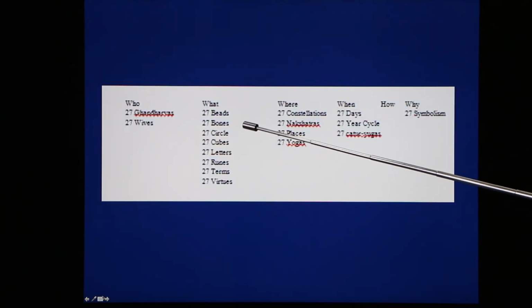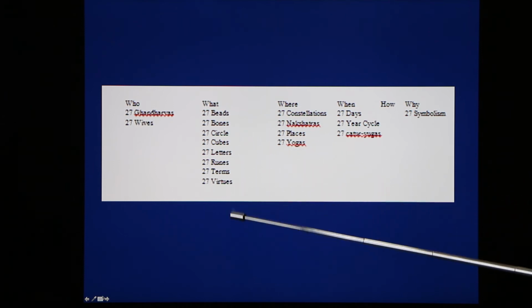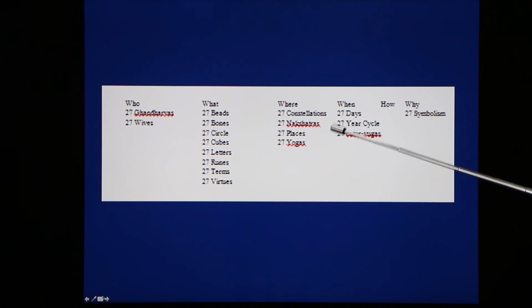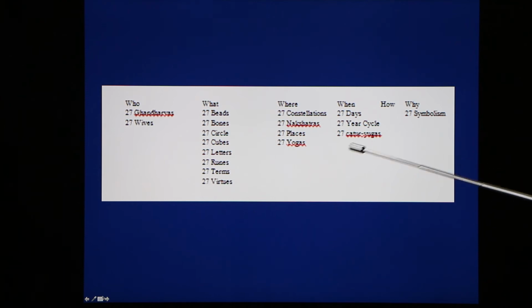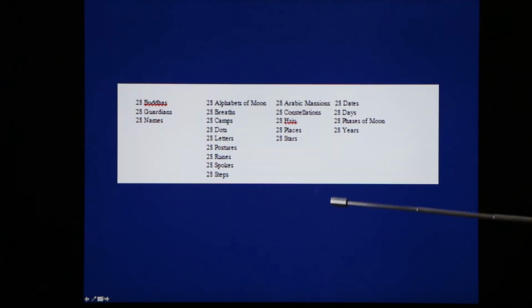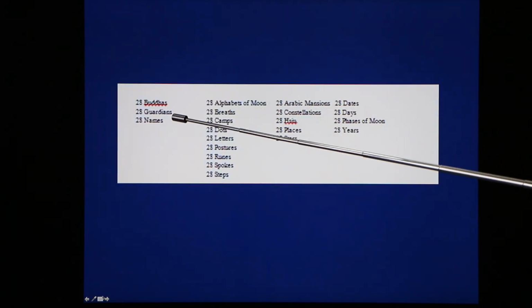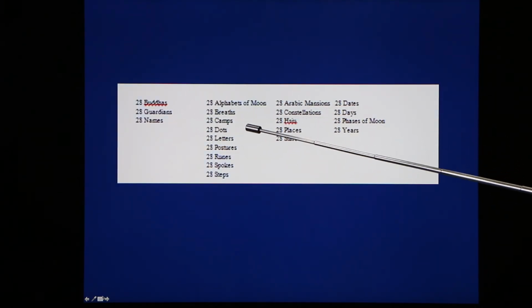Gandharvas, wives, beads, bones, circles, cubes, letters, runes, terms, virtues, constellations, nakshatras, places, yogas, days, 27-year cycle, 27 Kataryugas, 27 symbolism, 28 Buddhas, guardians, names, alphabets of the moon,